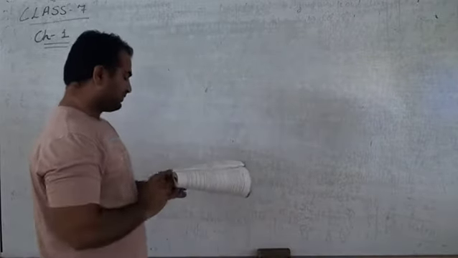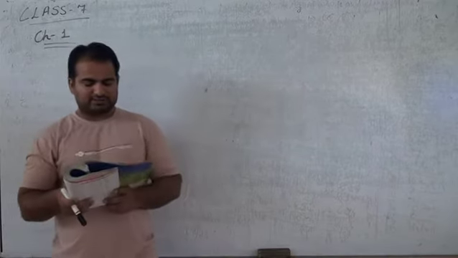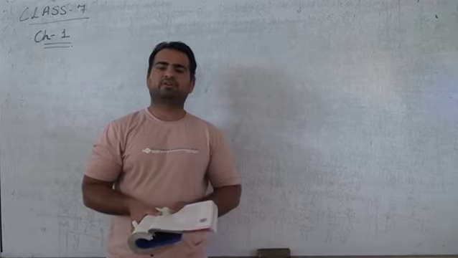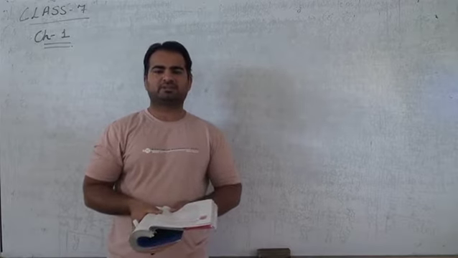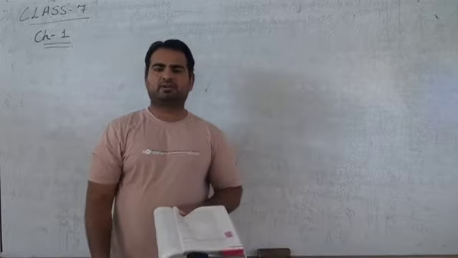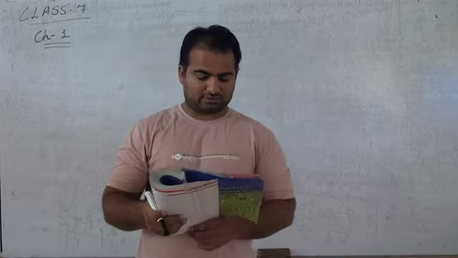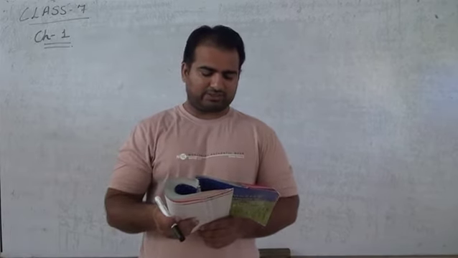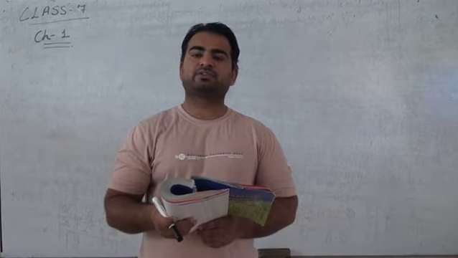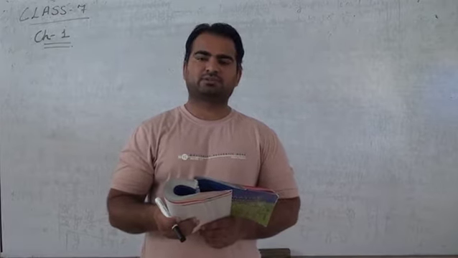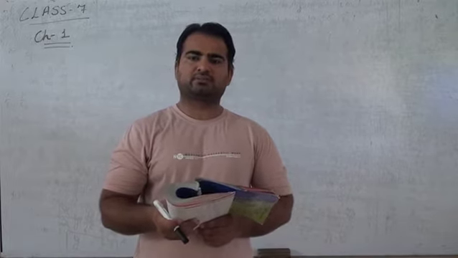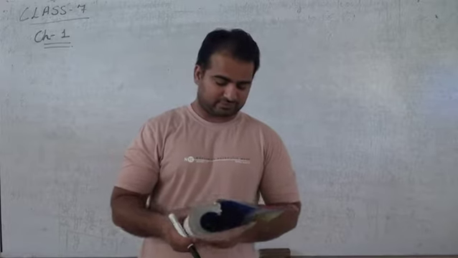Question number 3. The first question is 369 divided by dash equals 369. By what number should we divide 369 so that the answer will be 369? When we divide any number by 1, the answer will be the same. So the answer will be 1. Next, minus 206 divided by dash equals 1. By which number should I divide minus 206 so that the answer will be 1? The answer is minus 206.